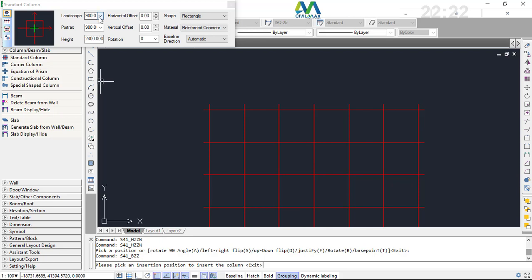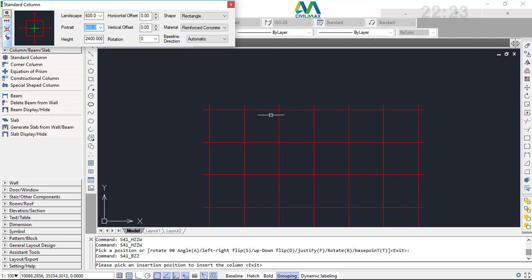Now I want this size. We have some preset dimensions, but you can still put your own. In this case I'll use 900. No, I will not use 900. I'll pick 600 and 600 also here. On horizontal set I'll leave it at 0, 0. Now once you've done that,